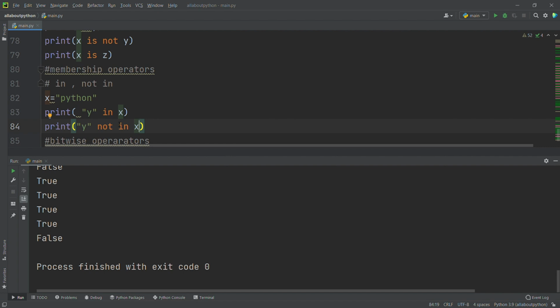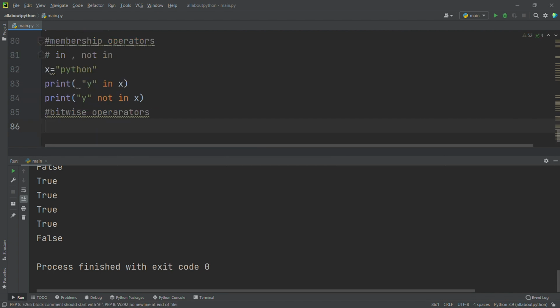Okay, here we have bitwise operators. What are the bitwise operators? Let's see all the operators here. We have the AND operator, the OR operator, the XOR operator, and the NOT operator, and this is the NOT operator symbol.